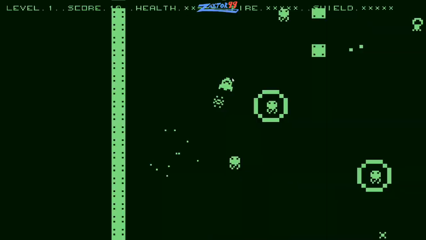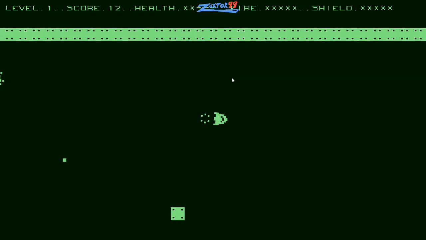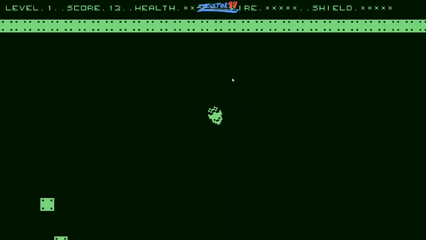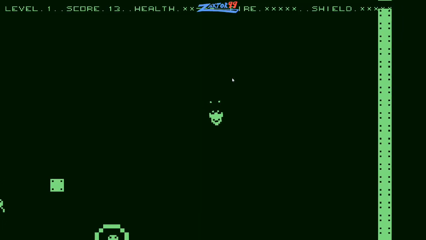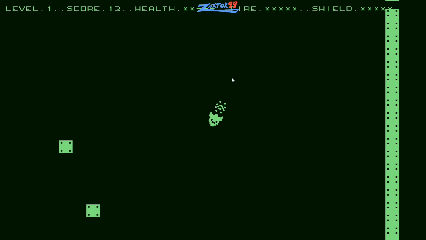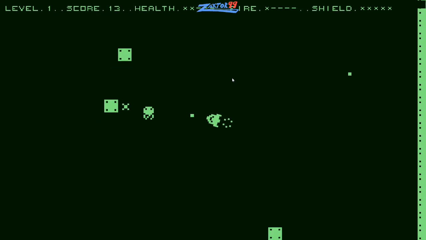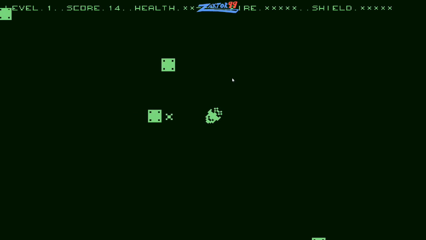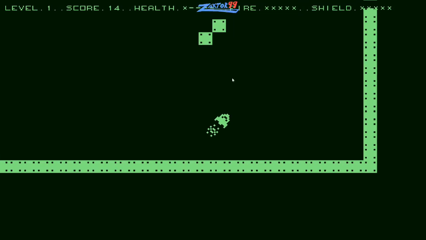Obviously, adding controller support is going to help as well. A controller for a game of this type would probably be the optimal thing for players to play with. In a game like this, where there's a lot of chaos and a lot of enemies on the screen at one time, I'm sure a lot of players would enjoy using a controller as well. So that's a mine. I gotta watch that little X there. Oh, wow! We got 1 health left.